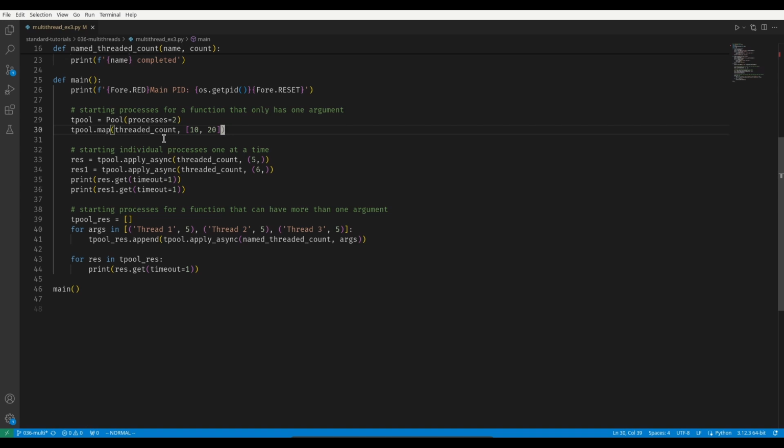I've tried various different ways of trying it out until I went online to look it up for myself, because I rarely use threads, much less pools. So it seems like map cannot directly handle functions that have multiple parameters. But don't worry, there's a way to handle that, so I'll show that later on in this example. In this case, it can only take 1, and we have to put the arguments for its single parameter in a list. So by specifying threaded count, followed by a list of 2 numbers, 10 and 20, I'm basically telling map to create 2 threads of threaded count, one that will count to 10 and one that will count to